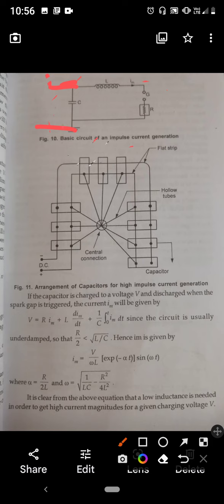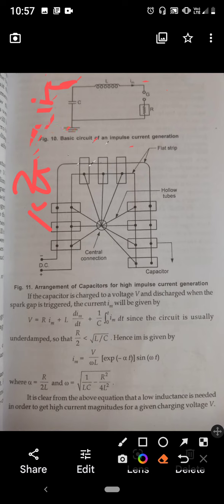the terminal of the capacitor C is connected to a high voltage DC circuit, basically a 200 kilovolt generator or DC source connected through the bank of capacitors. So this 200 kilovolt charges the capacitors according to the capacity of the capacitor bank.